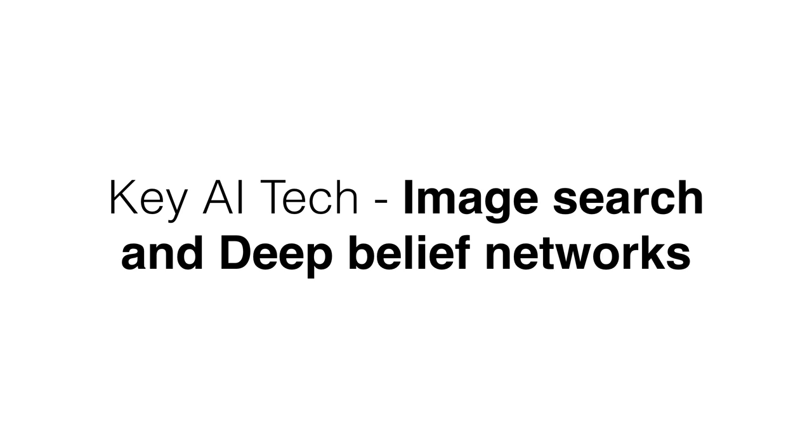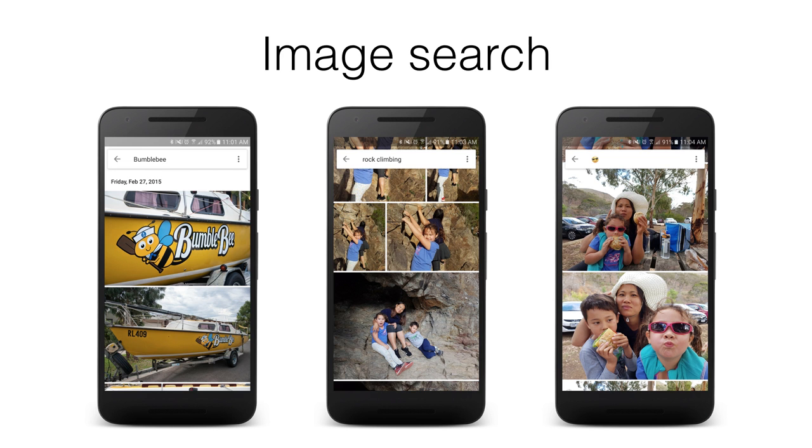Now let's look at some of the more advanced things that have been built using neural networks. Because the idea of neural networks is very simple. But it turns out if you structure them in different ways, they're good for many different things. And we're going to start by looking at image search.